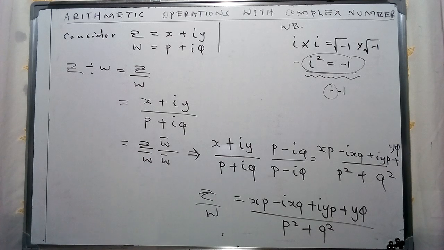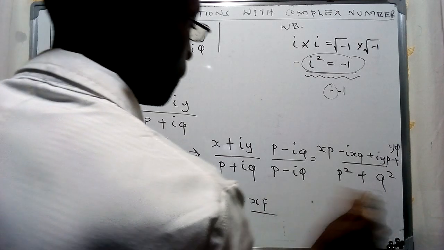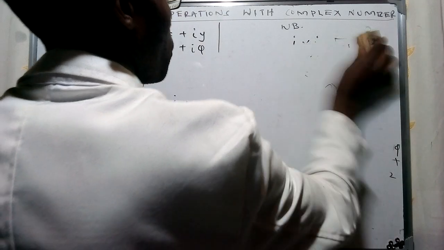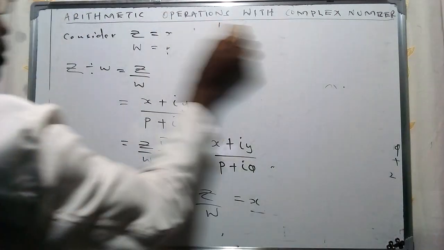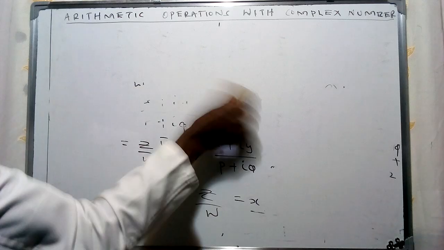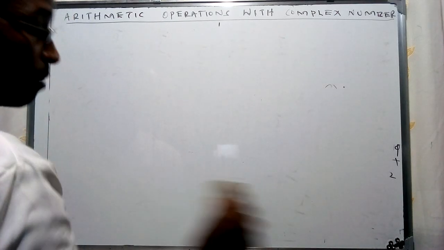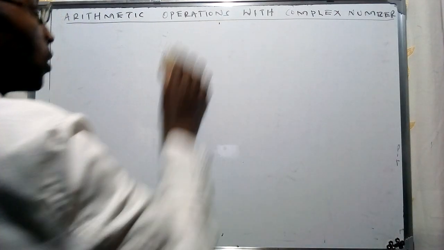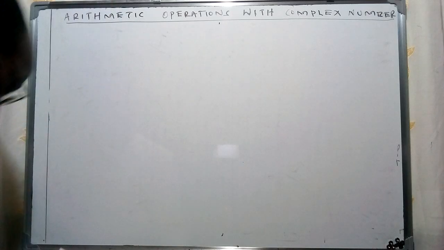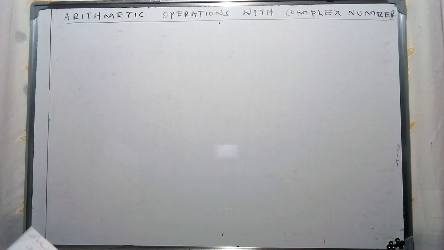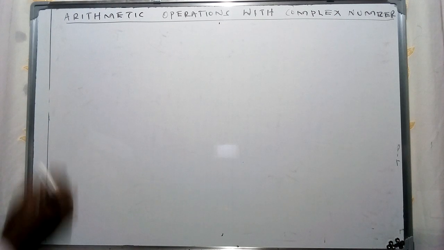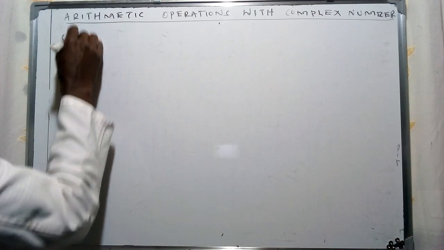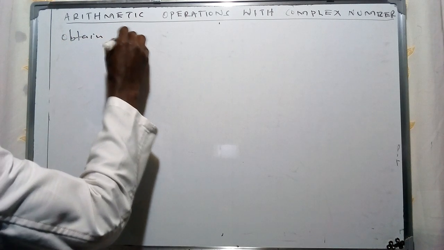Now, for that case, we can consider a general example, which is going to assist us in representing this specific operation of a complex number using the strategy which we have just employed on the board. And therefore, I'm going to have this specific representation, whereby we're going to be required to obtain a complex